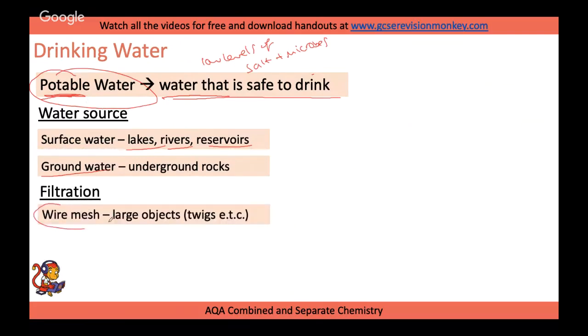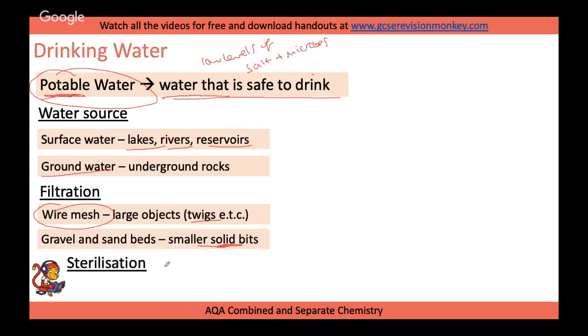So a large wire mesh, which will get rid of large objects like twigs and, I don't know, trolleys, plastic bags, bottles, whatever else has been chucked in the river. Then we have to filter out the smaller solid bits. So we put that through a gravel and sand bed. So the water is filtered through there and other solid bits like smaller twigs and leaves and things will be removed. And then finally, we need to sterilize it to kill